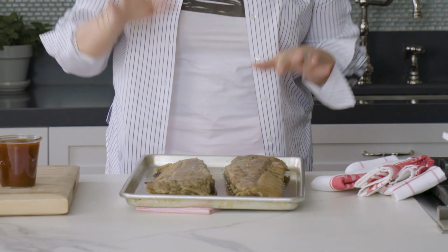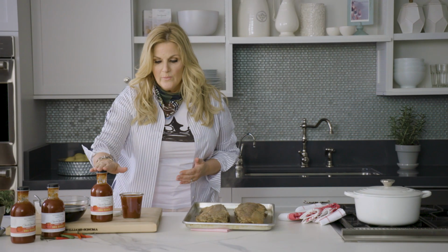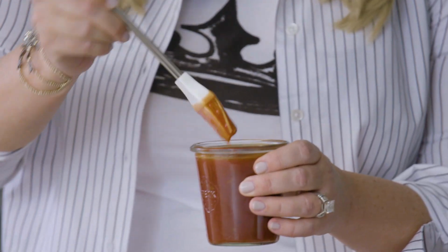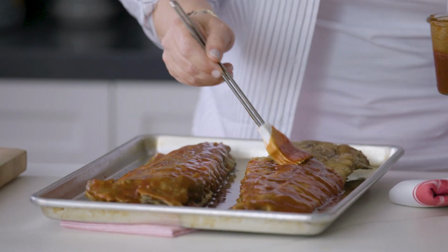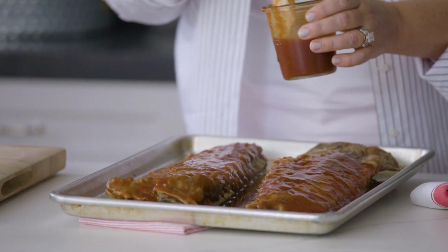So these ribs are fully cooked and they're nice and tender, and now I'm gonna slather on this sweet rib barbecue sauce from Williams-Sonoma. And what I love about this sauce is that it is exactly like the sauce my mom made every summer, and I love this sauce. It just thickens and gets sweeter as it cooks. You wanna liberally slather on this sauce, and it's just that perfect blend of sweet with a little bit of